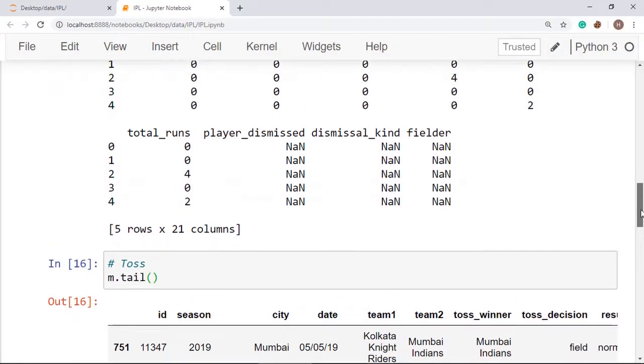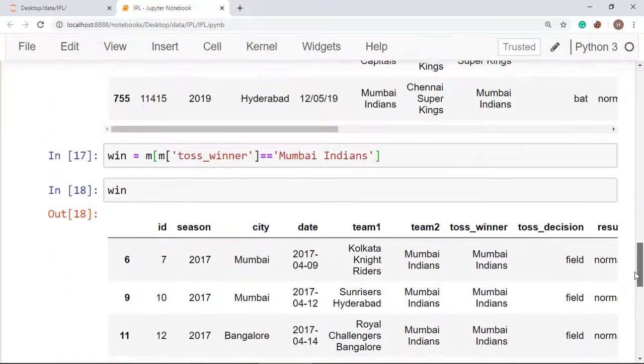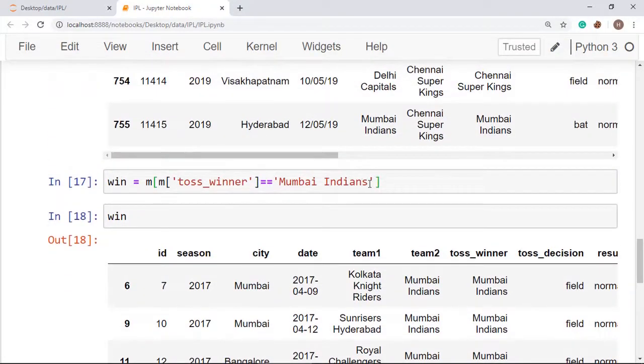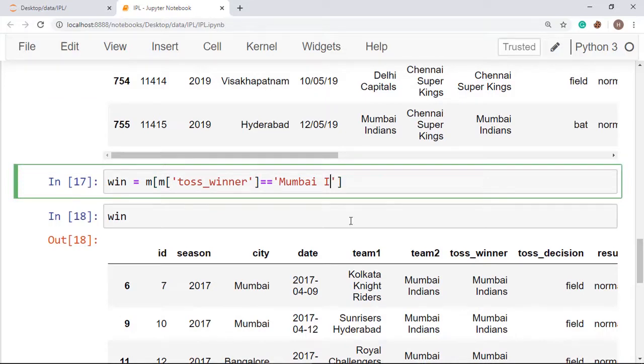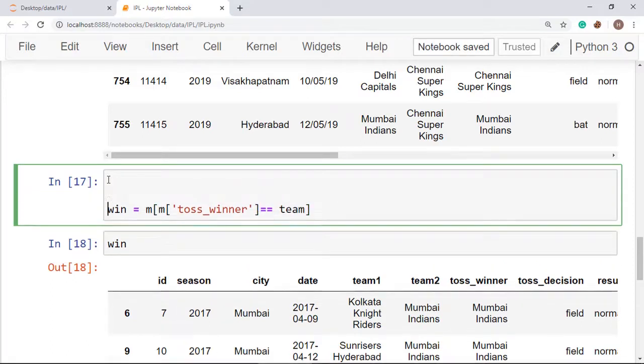And now you can customize it by placing this one as a variable name. So take a variable like team, and ask the user to enter the input.